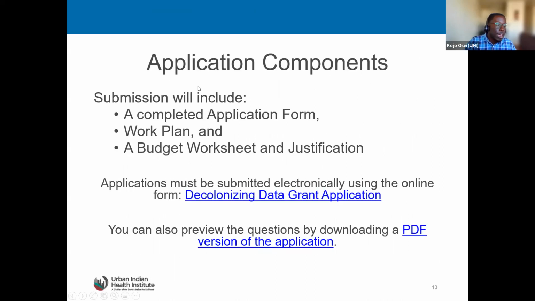Okay, so there are a few different components of the application that you would need to submit as part of the Decolonizing Data grant application that we want to go over. This includes a completed application form along with a work plan and a budget worksheet and justification. I believe Jessica placed a link in the chat for these forms. As we reference on the screen, the Decolonizing Data grant application, as it's presented on our webpage, includes all three pieces in one link. There's a Microsoft form where you'll be able to, in one place, complete the application form, the work plan, and the budget worksheet and justification, and submit it electronically